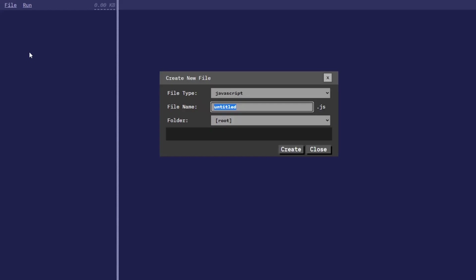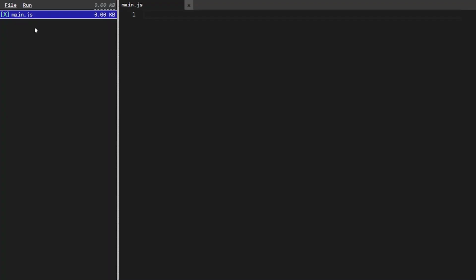The first thing I'm going to do is create a new JavaScript file by going to File, Create New File. I'm going to call it main.js. Alright, so we have a blank file over here. You might notice this green X over here. This means it's going to be included in the project, and if I uncheck it, it's not going to be